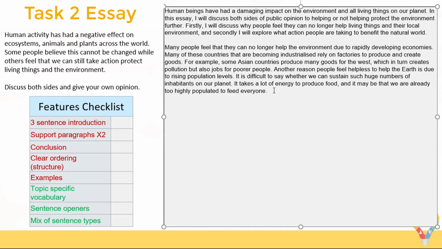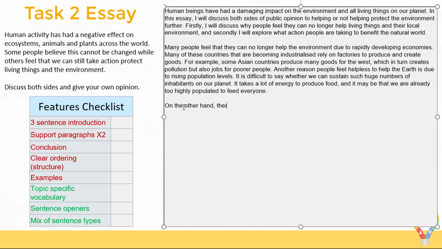Okay, so let's move on to my second body paragraph, which is going to talk about people who believe we can still save the Earth. So in my plan, I think the first point I made was about solar energy. So let's talk about that. We'll create a topic sentence now to introduce the topic of solar energy. Let's start with, on the other hand,